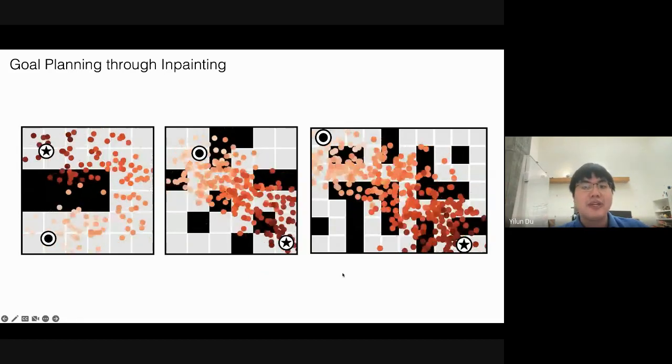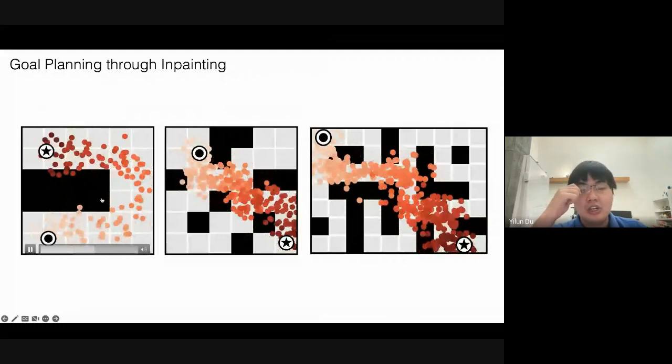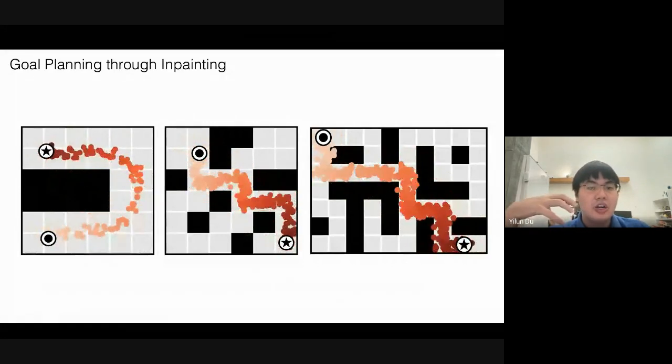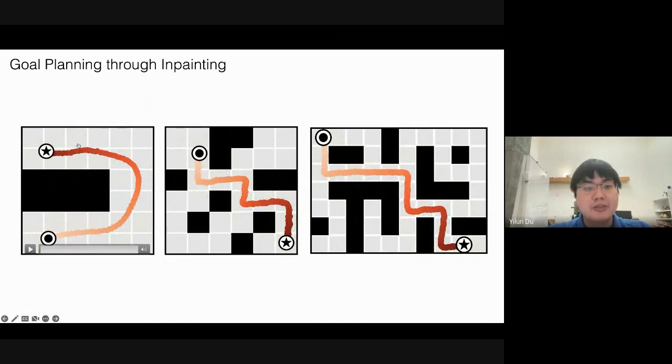So here we illustrate this type of planning procedure. We essentially train the diffusion model or energy model on all different possible trajectories in these three maze environments. And then at test time, we just specify an additional energy function that says the start state has to be here in the circle, and its goal state must be the star. And then by simply running this optimization procedure, you can now generate much more complicated plans in this environment, where these plans here are actually of length 512. So they're very, very long plans. And if you use some type of MPC controller, even with ground truth dynamics, you're unable to accurately solve this problem.